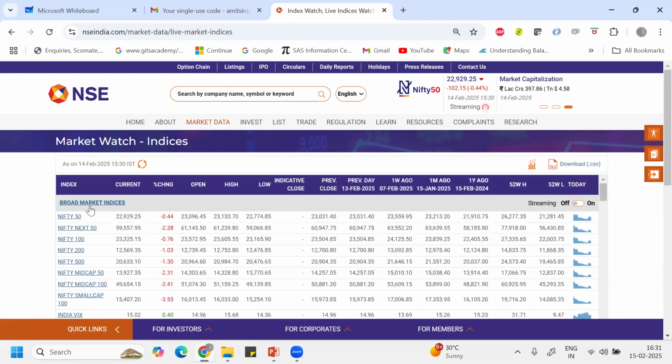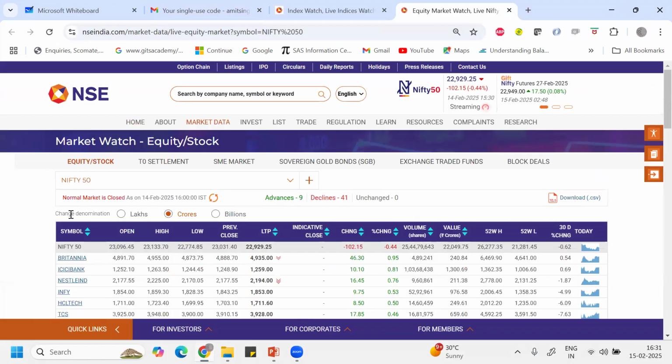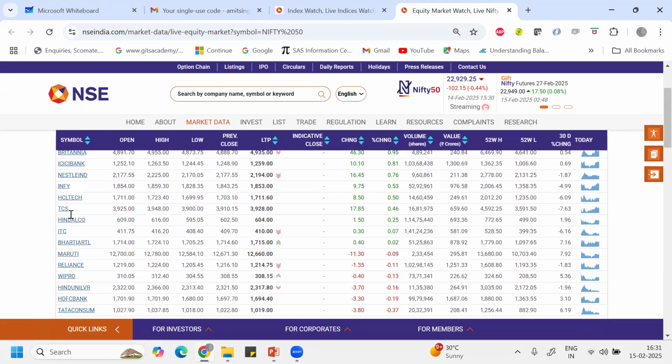If you go to Nifty 50, you can see the best 50 companies of our country, belonging to different sectors. Britannia is FMCG, ICICI Bank is a bank, Nestle is FMCG, Infosys is IT, HCL Tech is IT, TCS is IT, Hindalco is metal, ITC is FMCG, Bharti Airtel is telecom, Maruti is automobile,